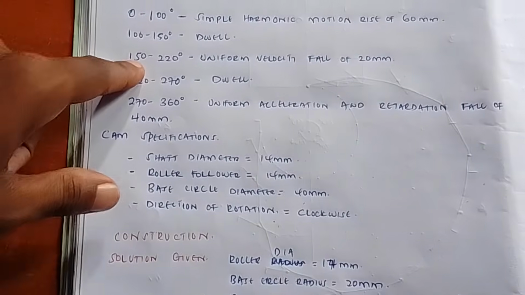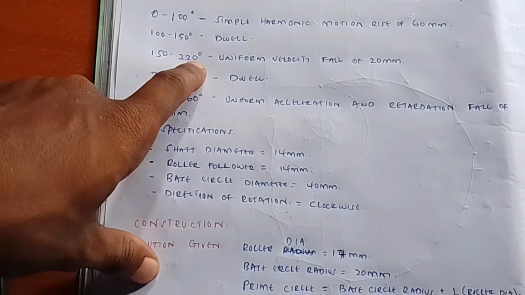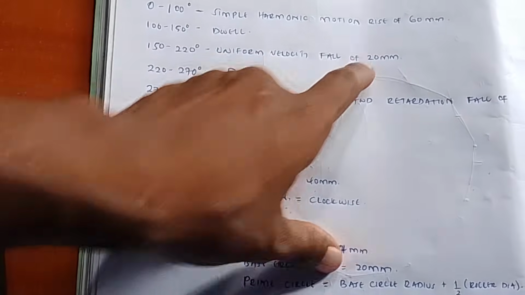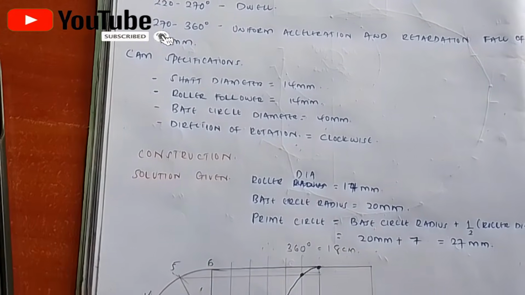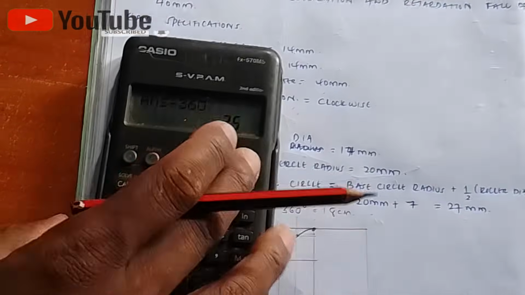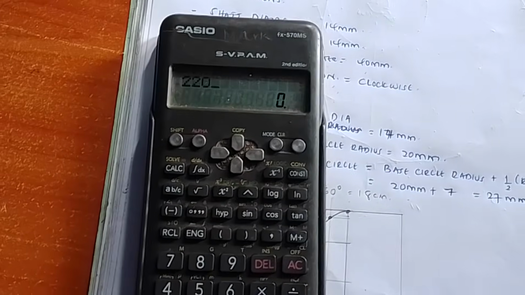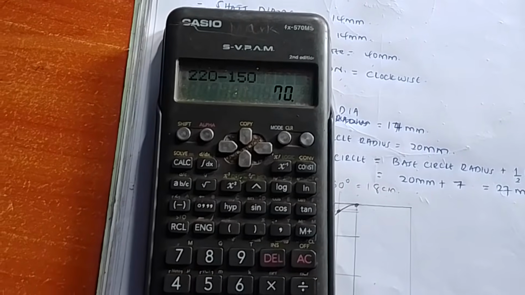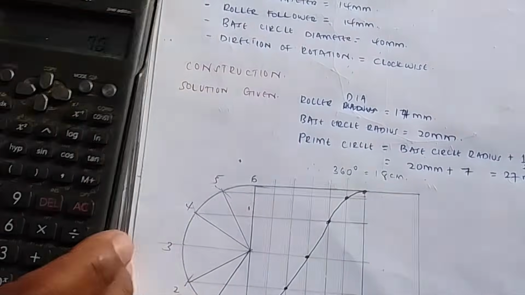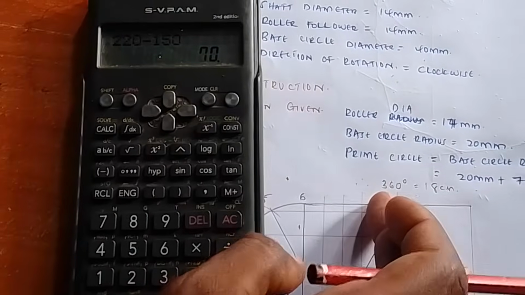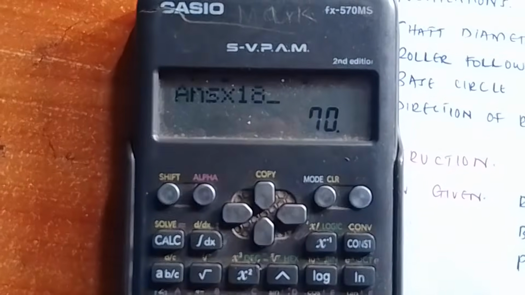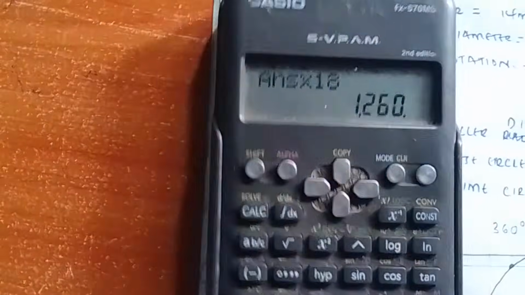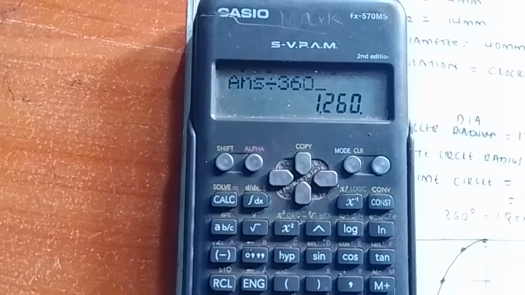You are told that from 150 degrees to 220 degrees, there is uniform velocity fall. Now there is a return stroke to 20 millimeters. So you say 220 minus 150, it will be 70 degrees. If it is 70 degrees, you take your scale of 360 degrees is equal to 18 centimeters. What about 70? So 70 times 18, then divided by 360, what you find